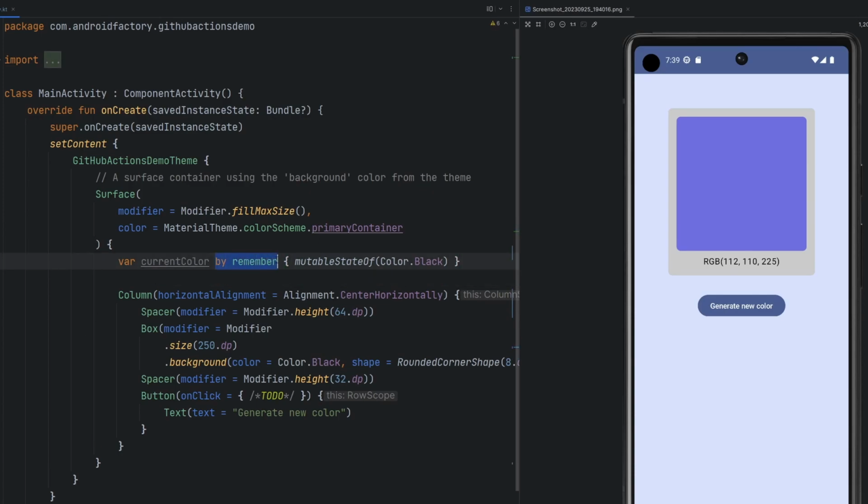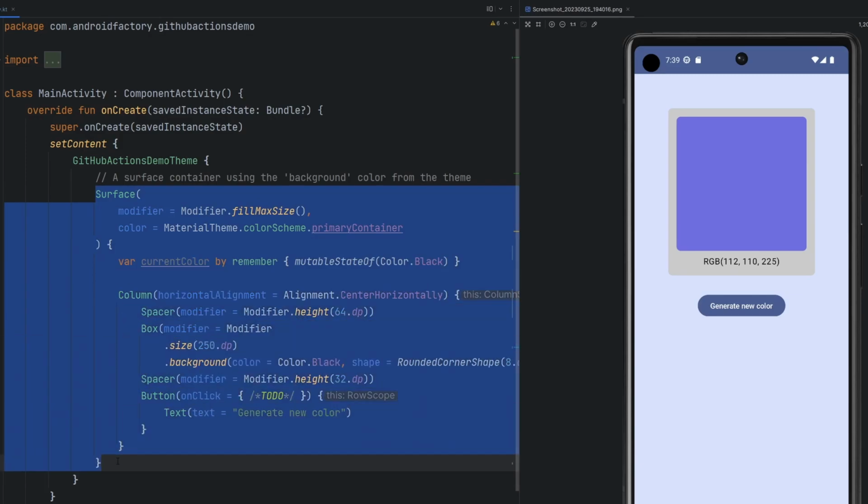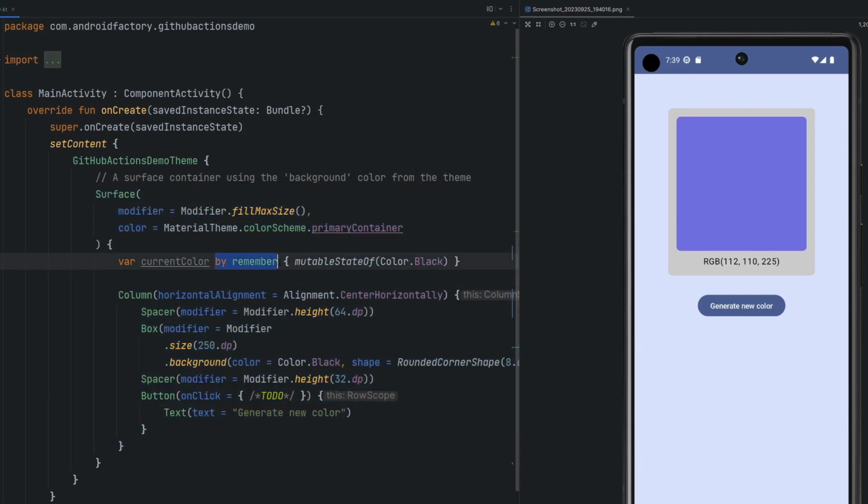So this by remember concept and this mutableStateOf internally to this by remember block is something that is extremely common inside of Compose. The fact that it's a var and that it's a mutableStateOf gives us the ability to actually change this variable under the hood. And then the by remember is starting to get a little bit in the weeds here of the Compose framework and how Compose works. But basically, if we were to imagine this entire thing here as the composable of the screen, whenever this composable runs again or is told to redraw itself from the framework, the by remember is going to